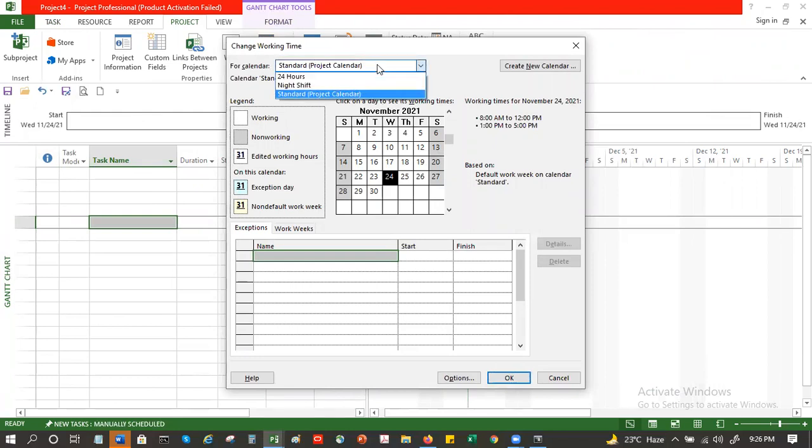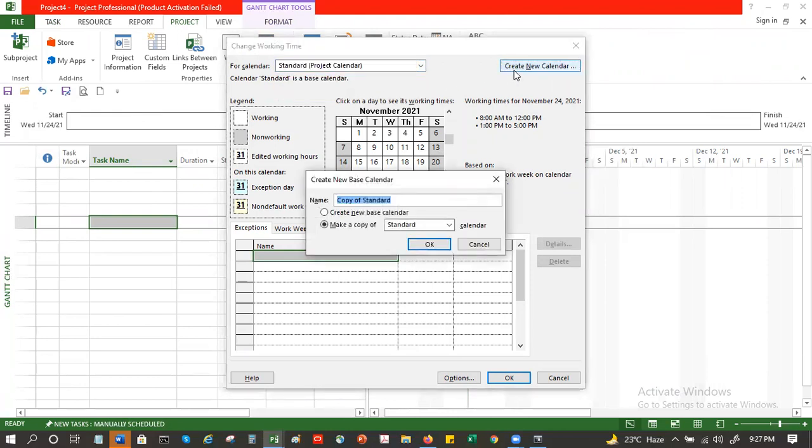These are the 3 calendars which Microsoft provides: 24 hours, night shift, standard. Now, suppose I want to create my own calendar. I will say create new calendar. And I can give a name here. Let's say SP. I'm using my initials, my calendar.